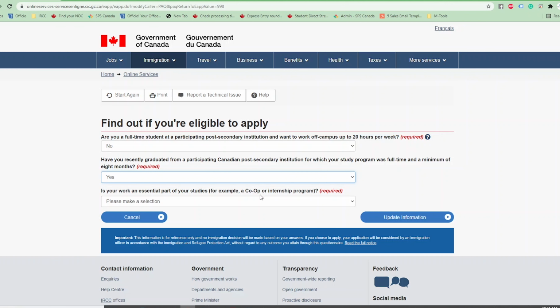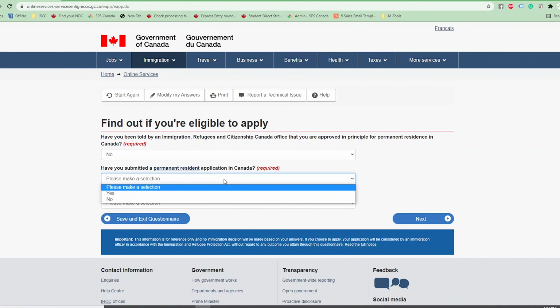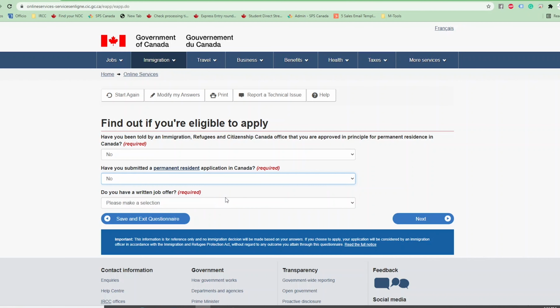Is your work an essential part of your studies? No. Have you submitted a permanent resident application in Canada? Please select no. Please keep in mind that you will have to answer these questions according to your specific case, because each student has his or her own circumstances, so they depend individually on you. It is your responsibility, as I said earlier, to check the application for your personal information